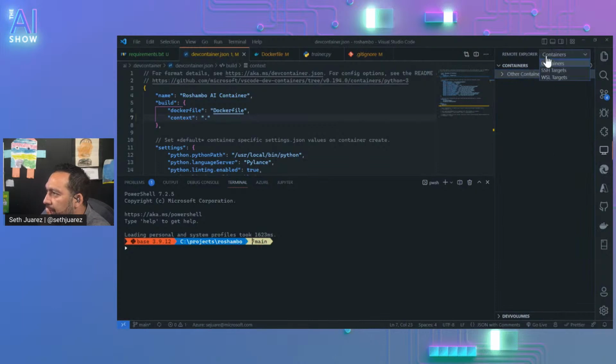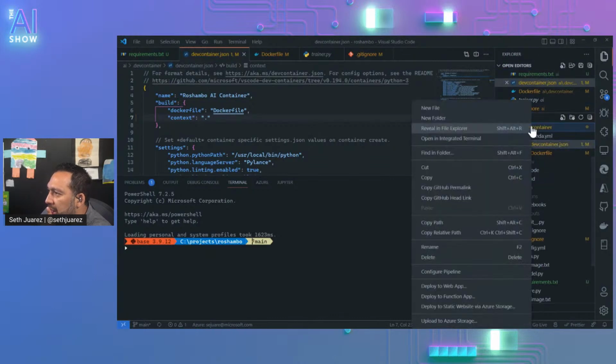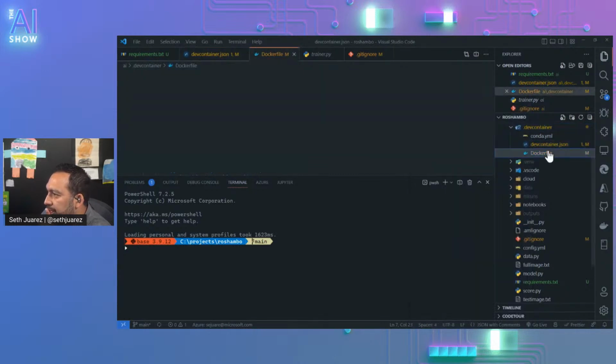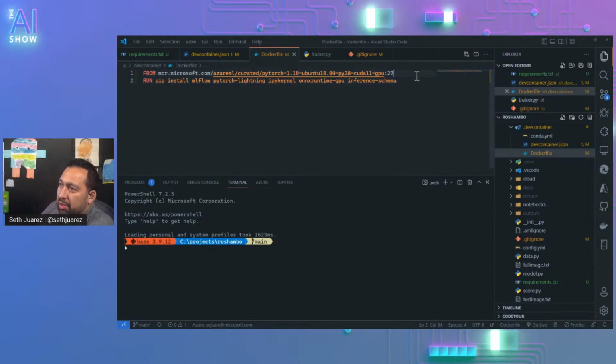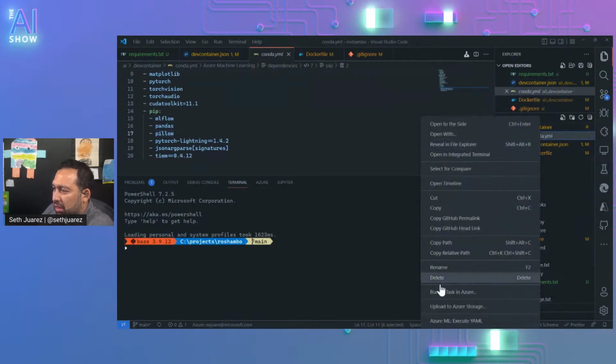You'd think there'd be like a run in a container here, but there isn't. Okay, so in theory, this should be hunky dory. We won't need this. I might just delete this.